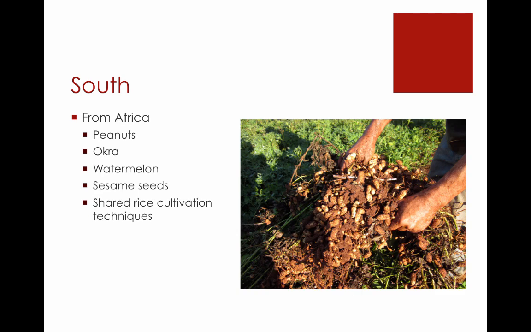So the South also had influences from that Southern slave trade we've talked about previously. And the things that the South got from Africa included peanuts. I just wanted to show you, I think this is really cool. People often don't know, where do peanuts come from? How do they grow? They grow in the ground. They are a legume that grows in the ground, and you pick up the peanut plant, and underneath it you see these beautiful peanuts that then have to be cleaned off.